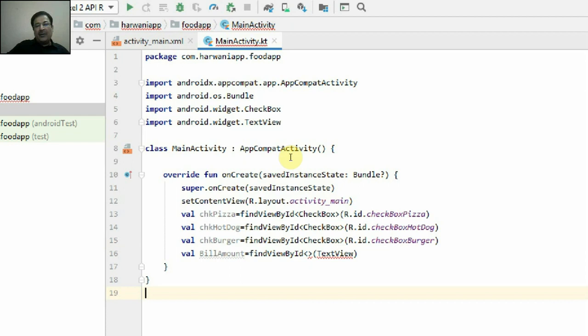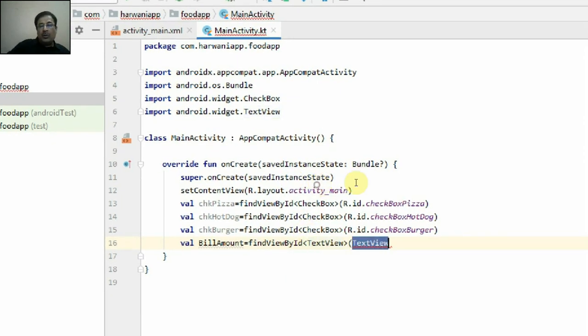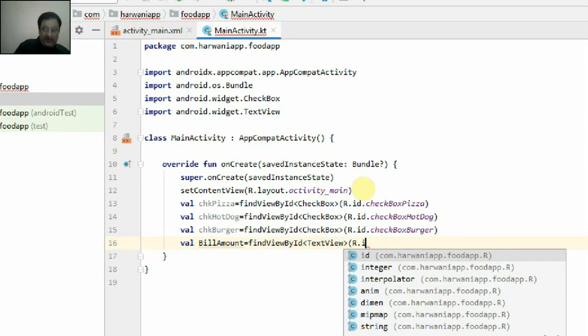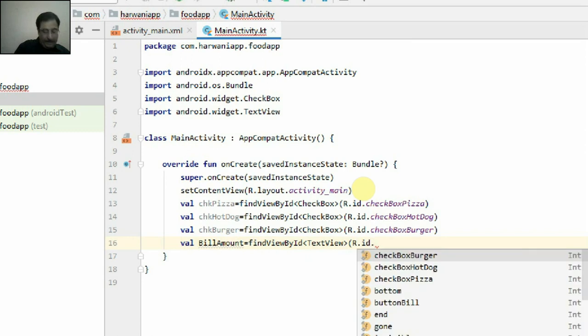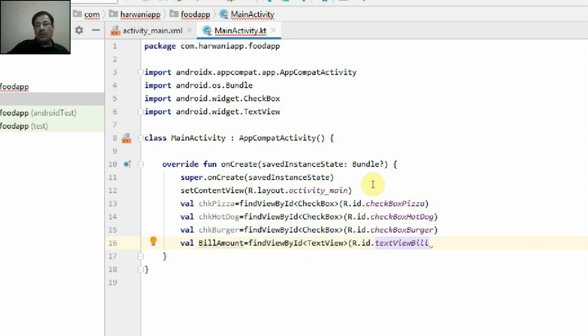The moment I double click it, you can see the library of text view is included. As I told you, in the next lecture, I'll tell you how to access the layout components directly. This text view bill will be known as bill amount, but from the next lecture we'll directly access the component without defining their local variables.